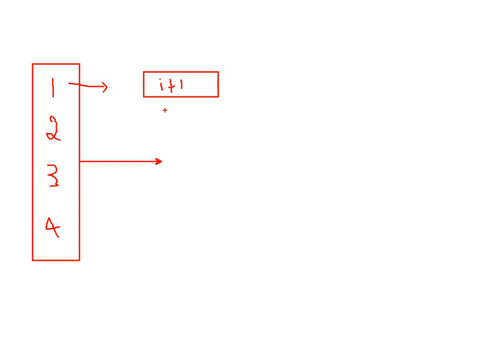This map method takes a function as an argument. Any function you pass to this map method, that particular function will be called for every element of a collection. For example, I'll pass a function to add a number. For the given number 1, it will add 1, so it will return 2.